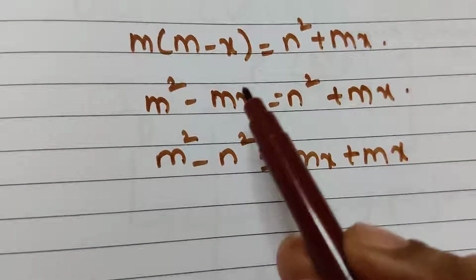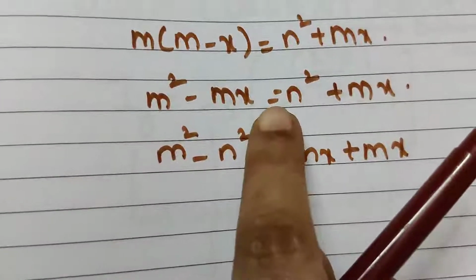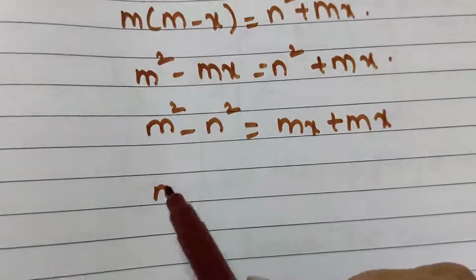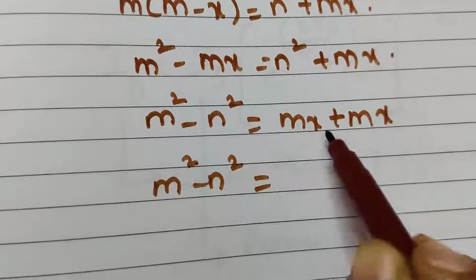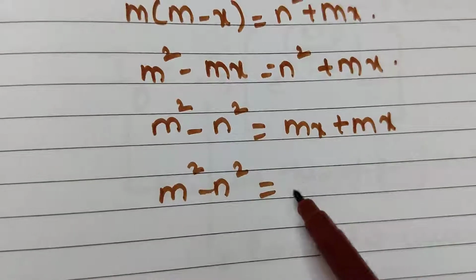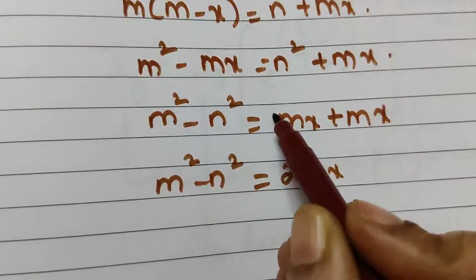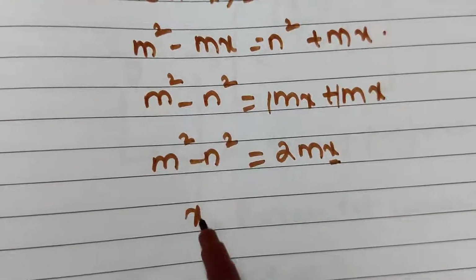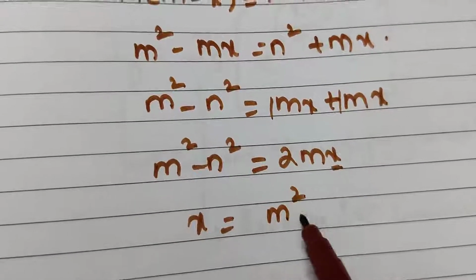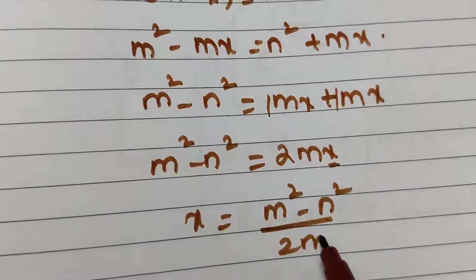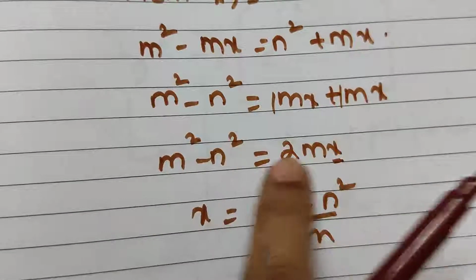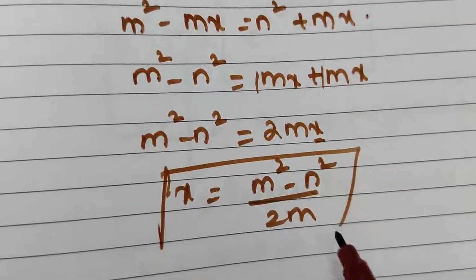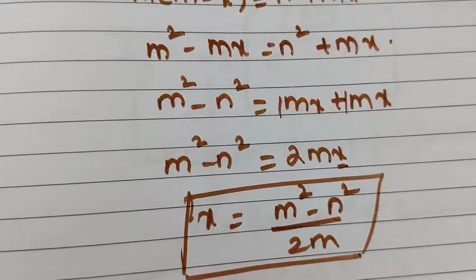Generally we make a mistake by cancelling these two. That's wrong, because this is equal to in between. This will come either this side or this side. So this is m square minus n square is equal to, here mx plus mx is nothing but 2mx. This is 1, right? 1 plus 1 is 2mx. So we just want the x value, right? x value will be nothing but m square minus n square by 2m. 2m into x, 2mx will be again this one. So x value is m square minus n square by 2m. That's all. This is how simply we can calculate this.